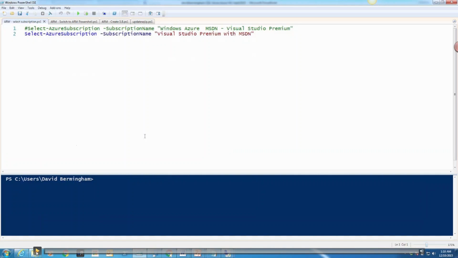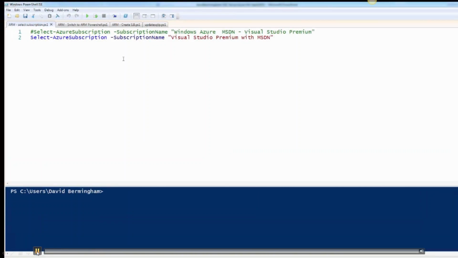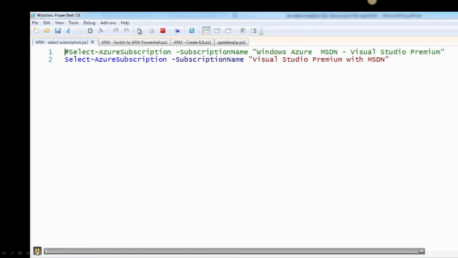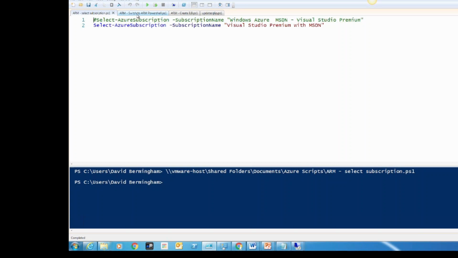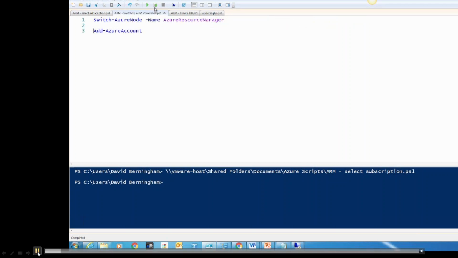So we're going to walk through this demo. And these are the scripts that Greg mentioned are available for downloads. We have them put in a nice zip file for you. So we'll walk through this. Essentially, we're going to leverage PowerShell to, first, select the appropriate subscription. Then, if you're not leveraging the Azure PowerShell 1.0, you have to switch to the Azure Resource Manager